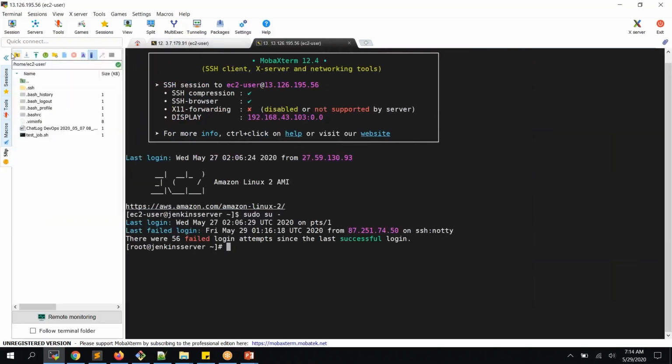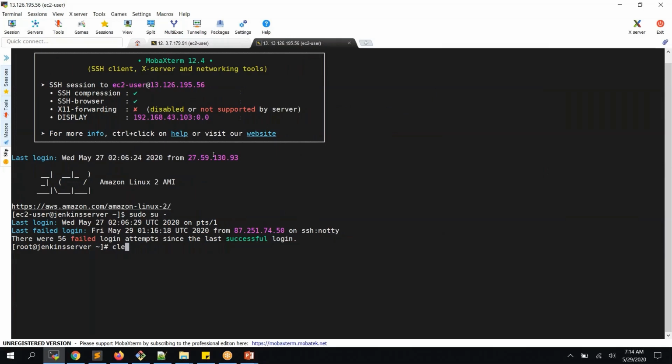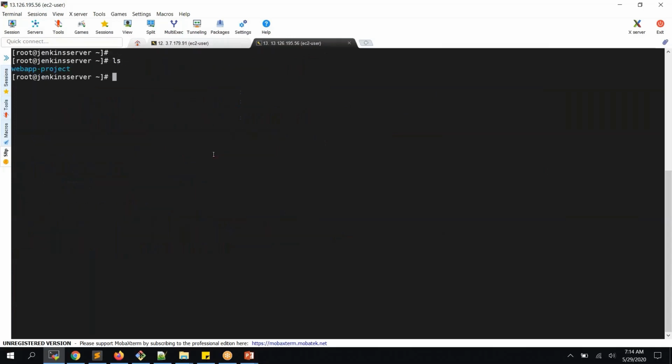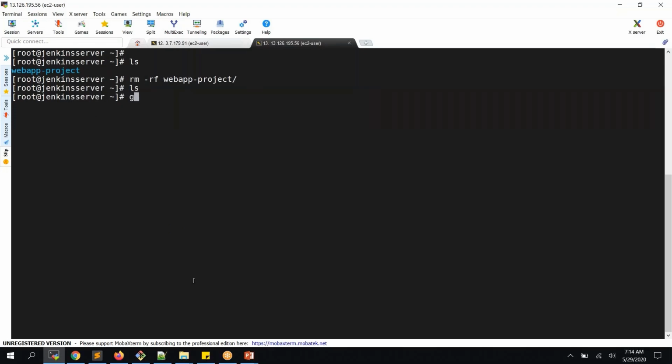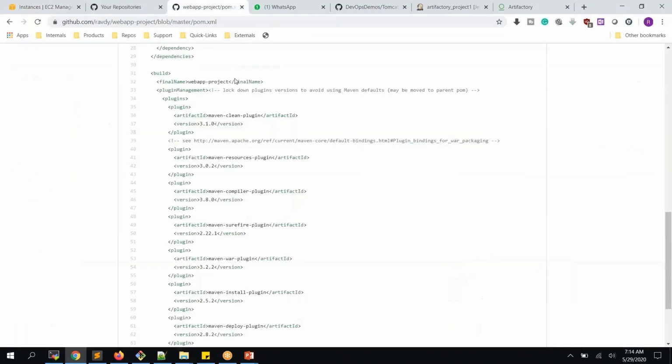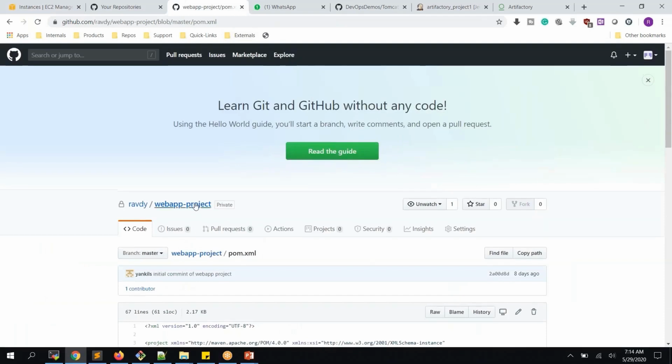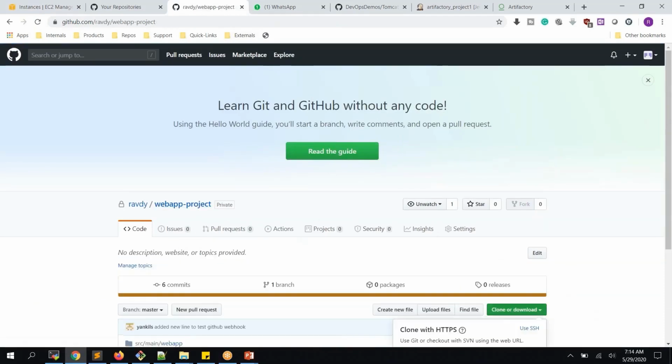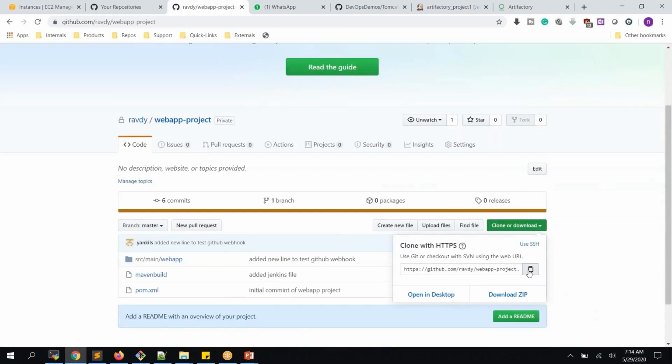I'm becoming root. I'm going to clone my code. I can edit my code anywhere. Already I have code, but let me remove it, and nothing is there. Let's clone my code. Git clone our repository name, web app project. Clone this,